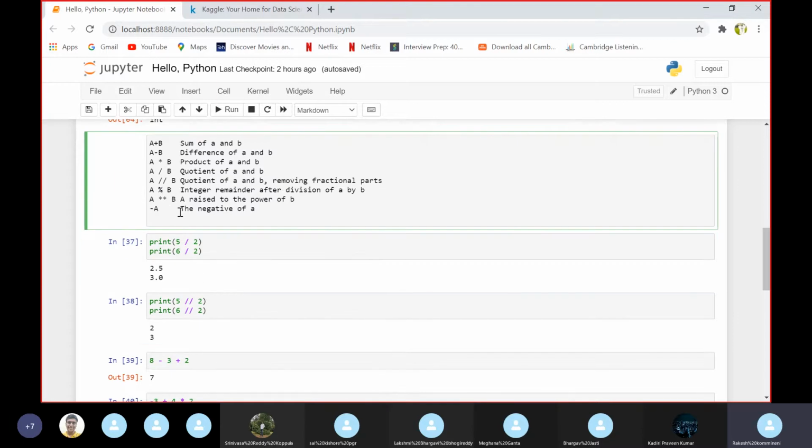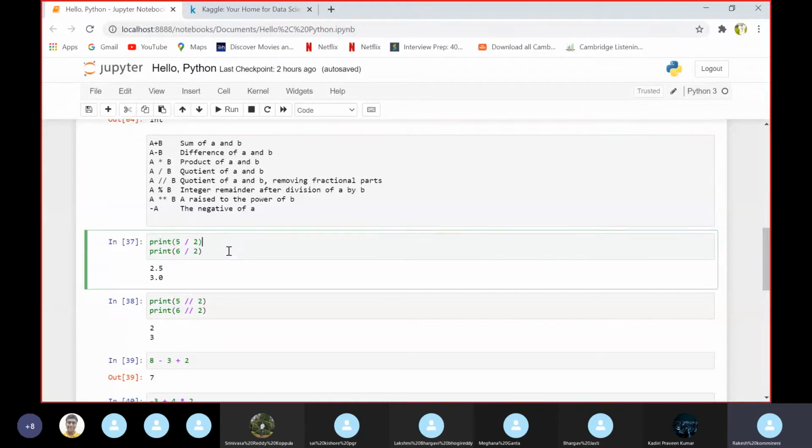This percentage symbol is the modulus operator, which gives us the remainder every time. This double star we can use to declare the power of a number. And the minus symbol, we can declare for any variable if we want to assign a negative value.